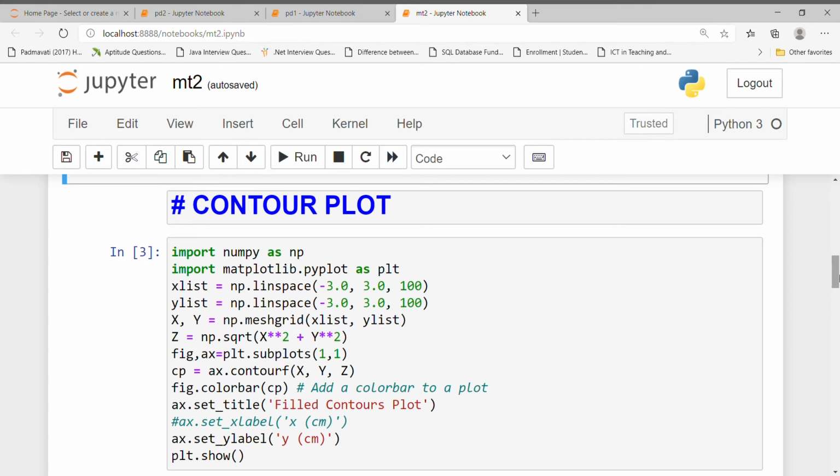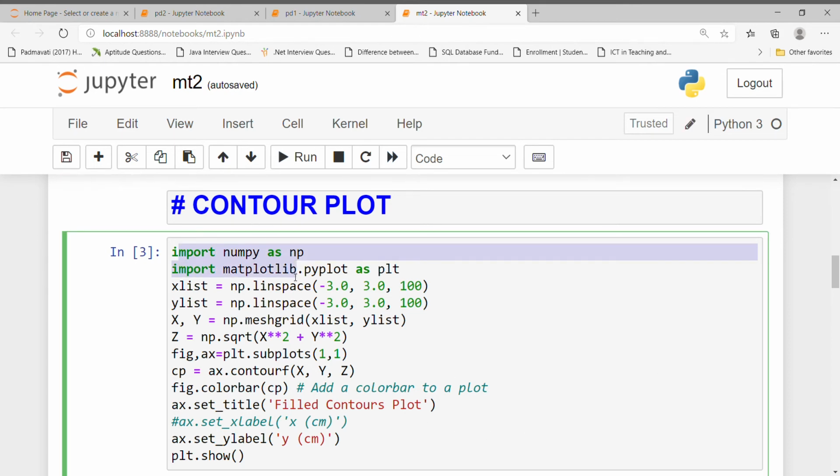The contour plot is also called a level plot. Contour plots are a way to show a three-dimensional surface on a two-dimensional plane. For plotting this contour plot, we again import NumPy and matplotlib.